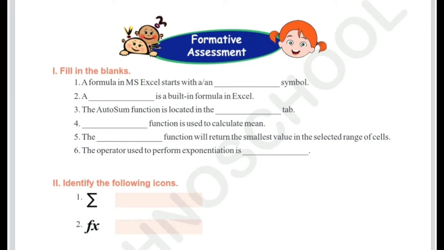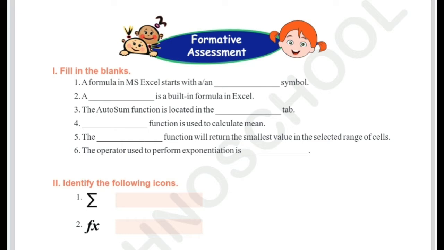Sixth one, the operator used to perform exponential is. We have to write the answer for which operator we are going to use to perform exponential. You can see the answer for this question on the page. We have to write the symbol of the exponential operator, the tilde symbol.